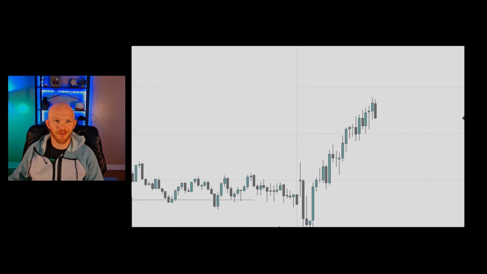So it's not magic, right? It's not going to happen exactly once it makes that new extreme, but that is your indication, okay, probabilities are no longer on our side to start shorting. And in fact, we would expect a bounce in the other direction. And here you start to get a bounce, and then you just start that process over.